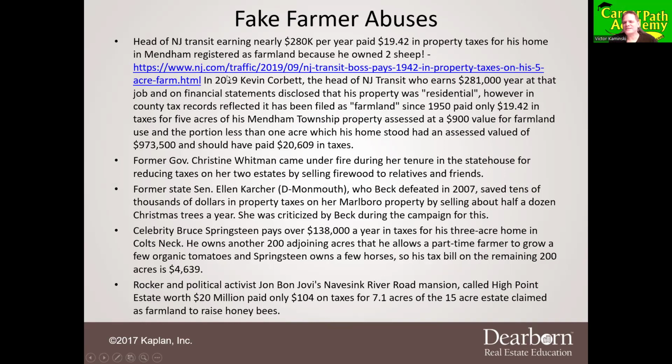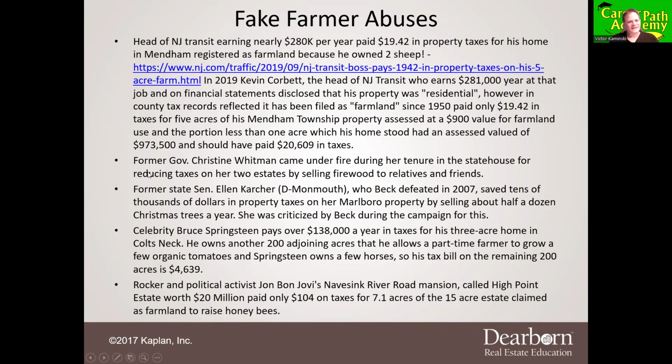So this just goes to show you that it's a loophole that they use to take advantage of, so that these people who tell you to pay your fair share, how they never pay theirs. Right. I mean, the poorest person in this class, how much are you paying on your property taxes? I'm sure it's more than $19.42 a year.